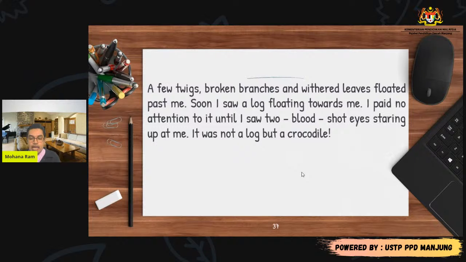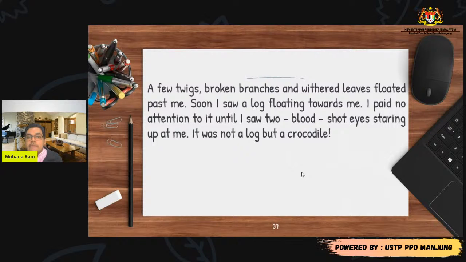I did not say, during the last 2 holidays, I went to Sarawak to visit my friend Frankie and Timothy. And I stayed in their villages. And on the first day of my holiday, I went to the waterfall near their village. And I had a great time in the waterfall. The water was very cold, so I decided to go into the waterfall and spend some time in the water. As I was playing in the water, I saw a log coming near me. And when the log came near me, I saw a big crocodile in front of me. Okay, you see? If you write like this, and what I have shared with you here, there's a great difference in terms of using ideas.